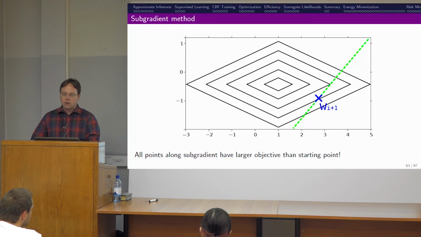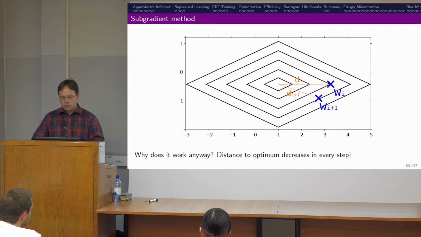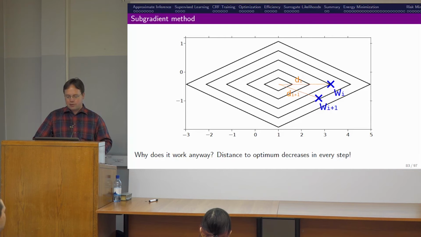Why is that the case? Well, you can actually show that even though the objective value doesn't go down, you come closer to the minimum location. So even though the value here is higher than there, the distance to the minimum has gone down. And if you get closer to the minimum every time, eventually you will hopefully reach it. So the subgradient method is a really cool thing. It's not the most efficient way of optimization, but it's one that actually works in practice